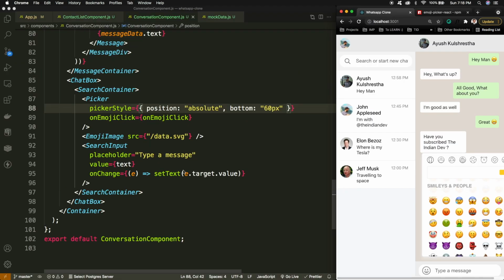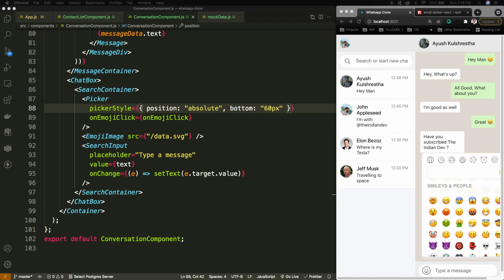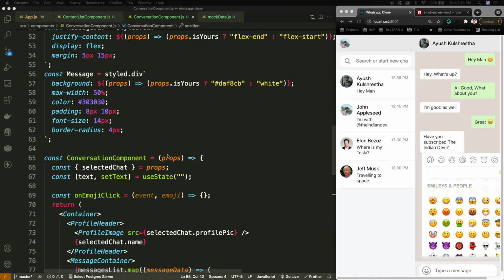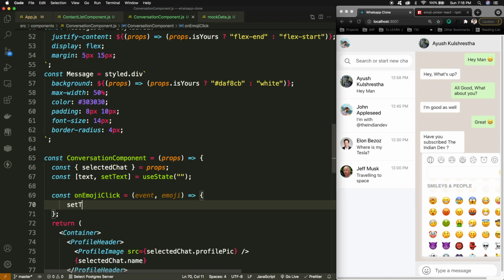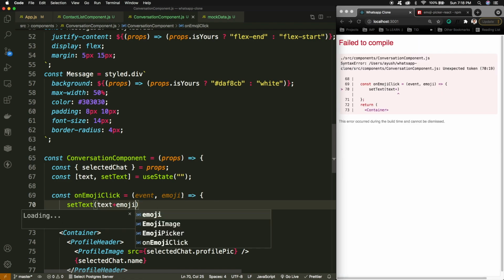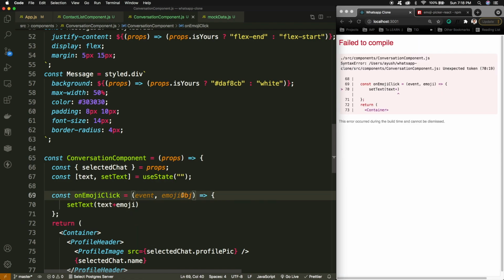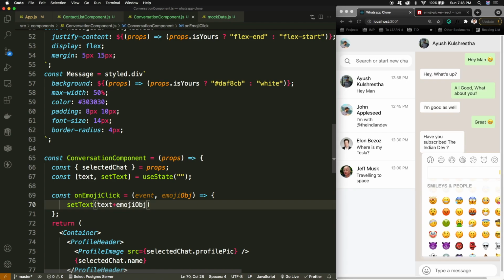And now on the emoji click, what I just need to do is update the text, set text I'll be using with the existing text plus emoji object is there, and from this emoji object I'll be using the exact emoji.